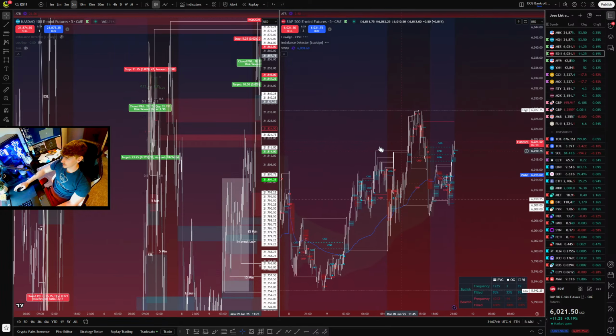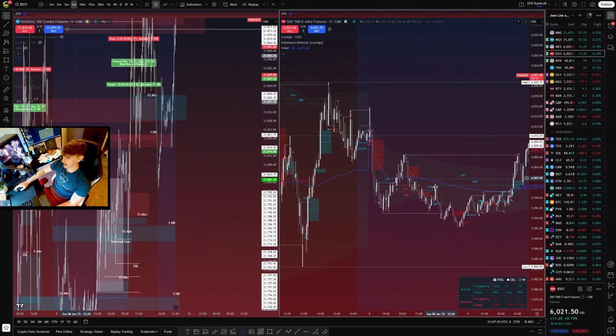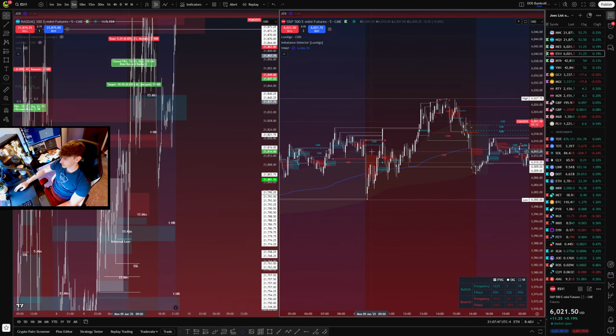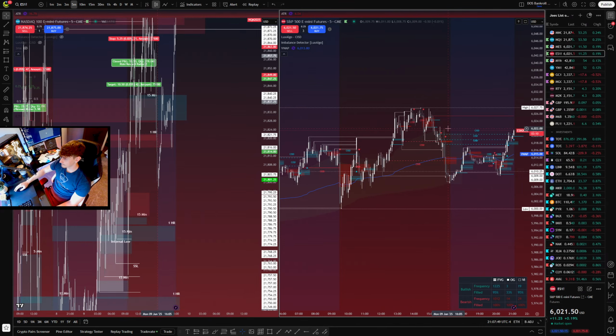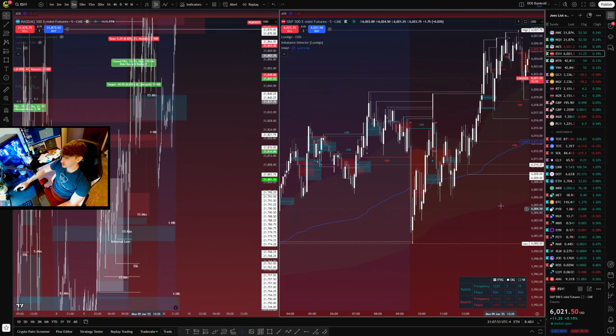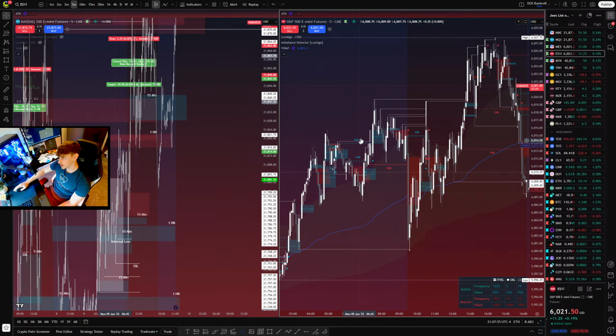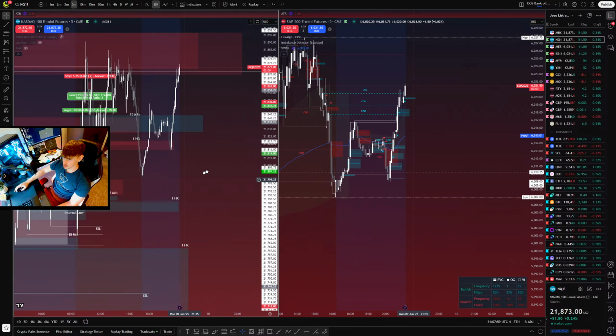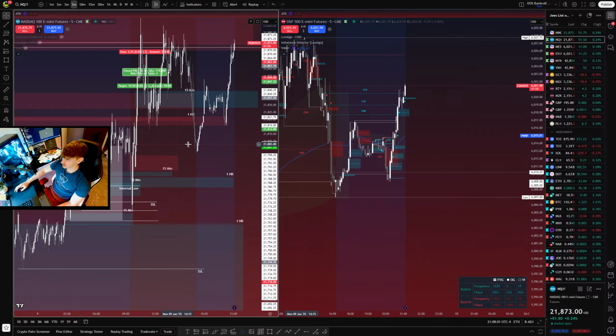So if you look on the ES this morning, we held a gap for a very, very long time. Let's see, this morning we have. This was the trade he took on ES. Okay, you know what? ES looks better than NQ for shorts this morning. I just don't trade ES really, so it looked a little bit different.